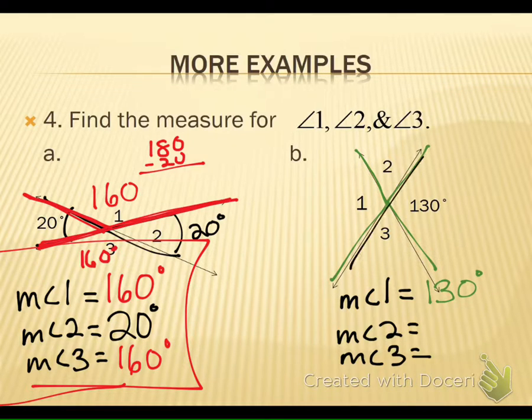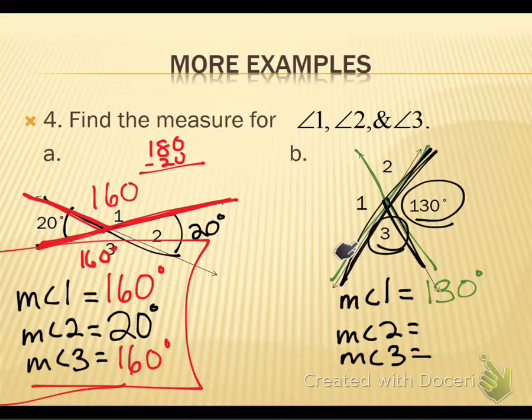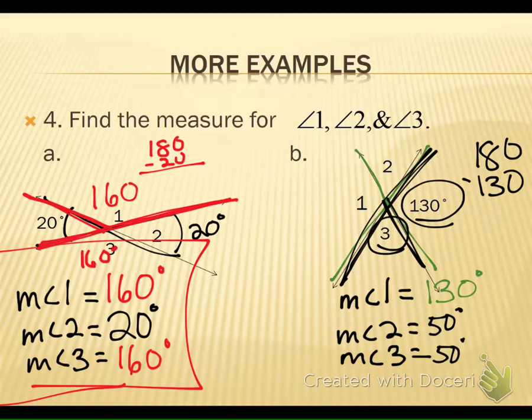Now, the next door neighbor is a little harder to find. We can go with 3 first. These are what? A linear pair. Very good. I can tell because they make a line when I put them together. Linear pairs add to what? 180. So I can do 180 minus 130, and what do I get? 50 degrees and 50 degrees. Very good. And the reason that angle 3 and angle 2 are the same is because they're a pair of